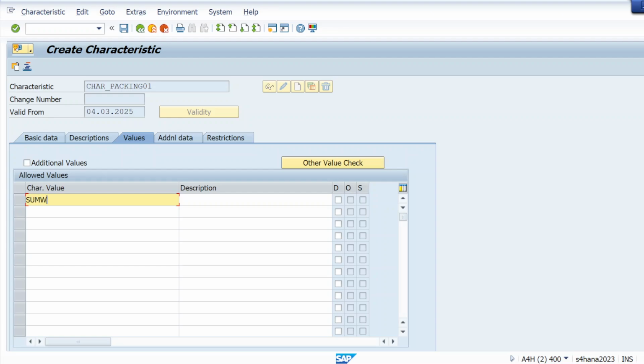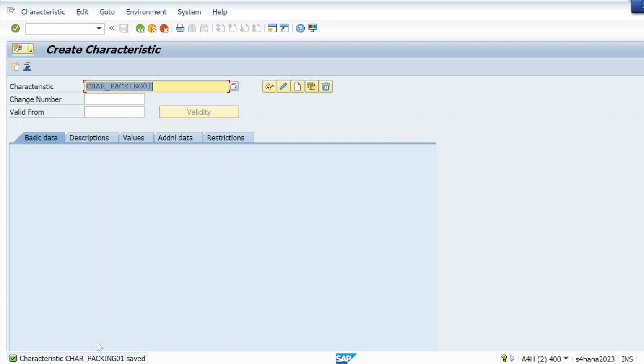Only 4 characters can be there. So let me take SUMM and winter WINT. Hit enter, and save it. So this characteristic is also created.